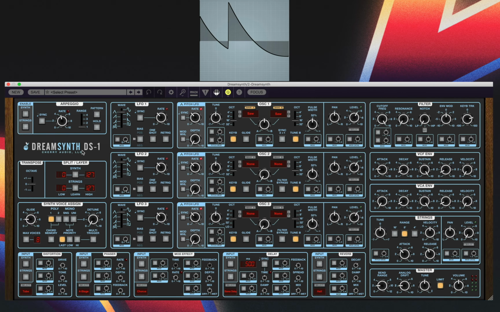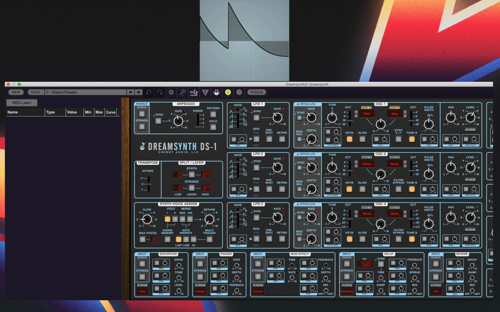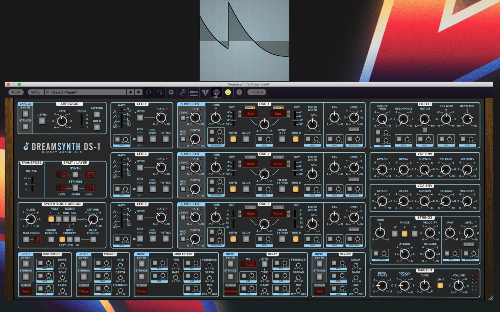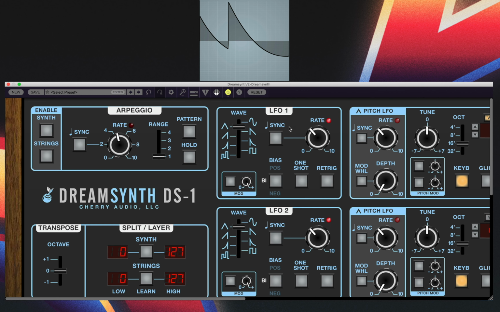So, basically, this is just like most of the other Cherry Audio synths where you have your panel up here for your settings, you have your zoom up here, your MIDI for routing out a MIDI controller, you have your MIDI panic here for the keyboard, you have your oversampling so you can boost the quality. You go up to 4 times, you better have a lot of RAM and a lot of CPU because it's gonna tax. But anyway, and then we have the help button there and focus. So if you want to zoom in,